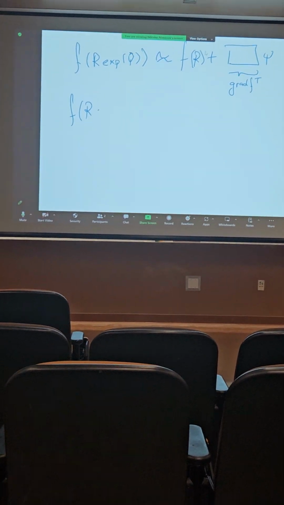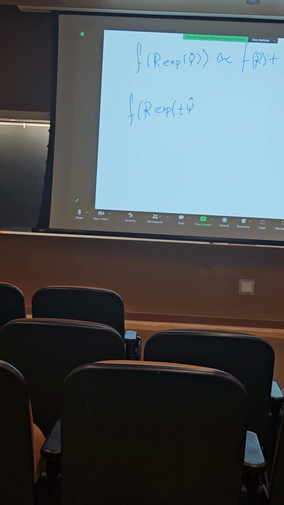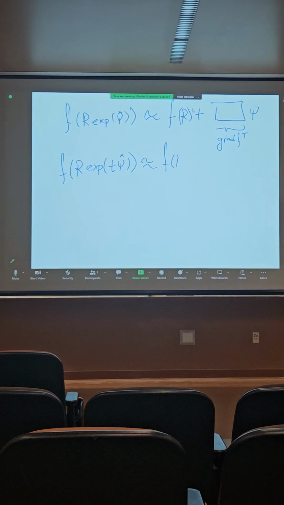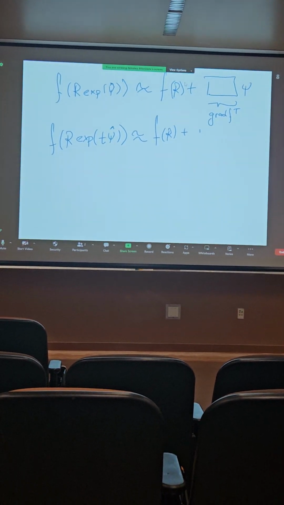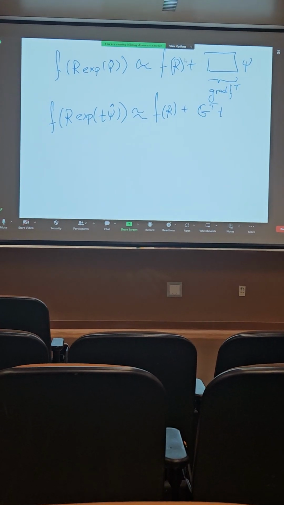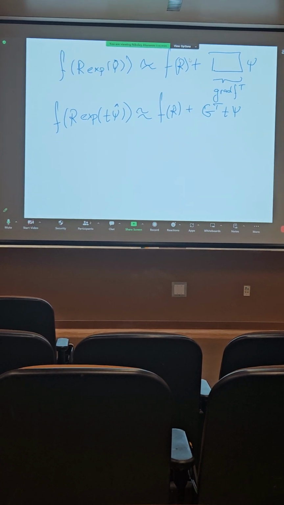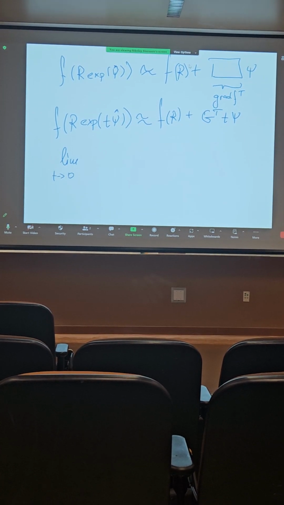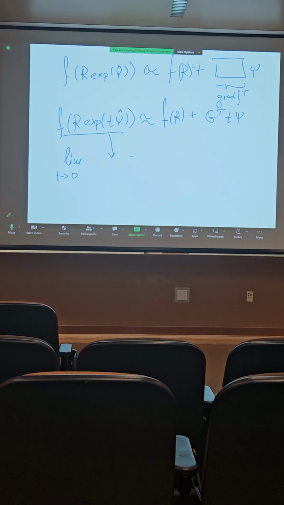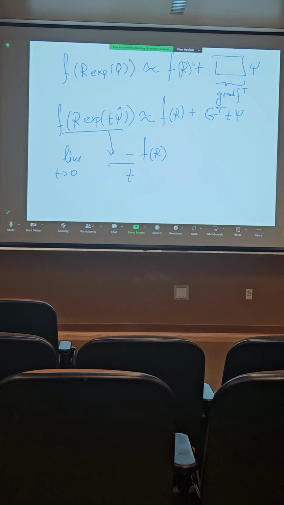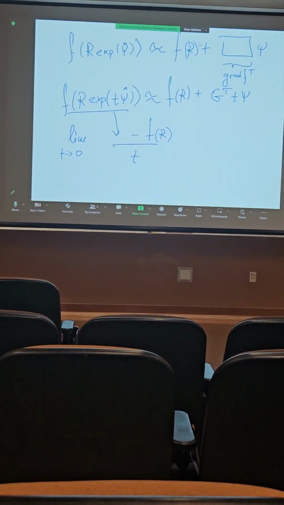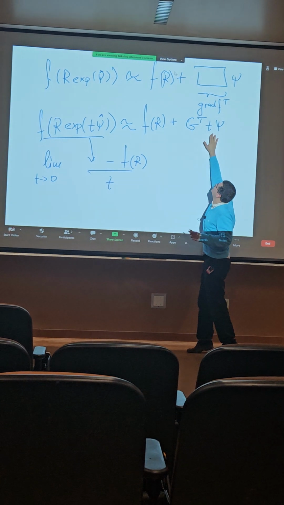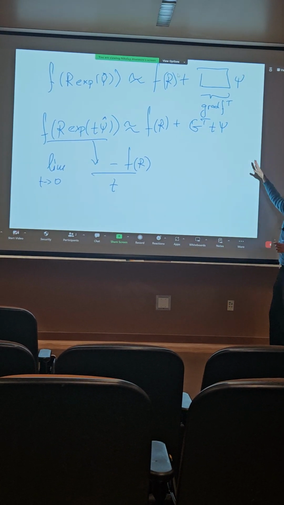Yeah, so maybe to show this even more precisely, we have this, right? Let's do it like this. f of r plus t times psi hat, if we can get it to look like this, plus, let's call this G transpose t times psi. Then when we're taking limits, we know that the gradient is going to be the limit as t goes to 0 of this thing here minus f of r divided by t. That's by definition of the derivative, right? So when I plug this in, I'm going to be left with g transpose t psi, and when I divide by